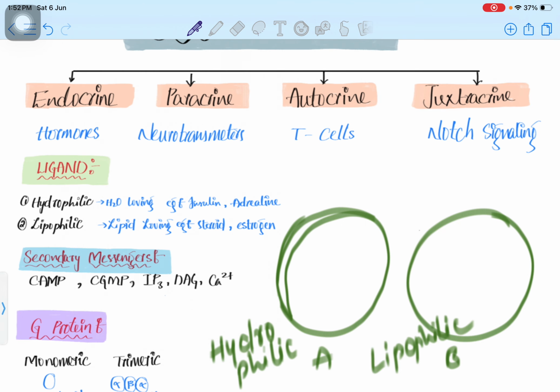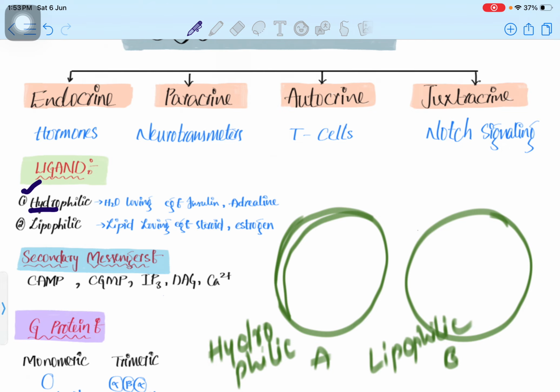Based on the name you can understand: hydro is nothing but water and lipo is nothing but lipids. Philic means lovable. So hydrophilic means lovable to water, and lipophilic means lipid lovable. These can interact with the water. An example of hydrophilic ligands is insulin and adrenaline. Adrenaline and insulin can both interact with the water easily, but they cannot interact with the lipids. The lipid lovable ones, like steroid, estrogen, progesterone, all come under